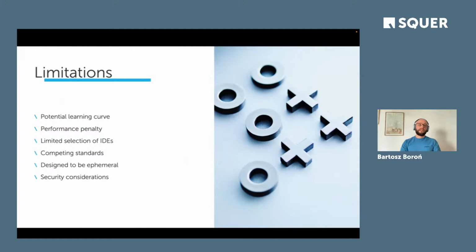And also there are some security considerations. Although containers per se give you the benefits of isolation, which is a good strategy in terms of security, now you have to deal with lots of Docker images, right?